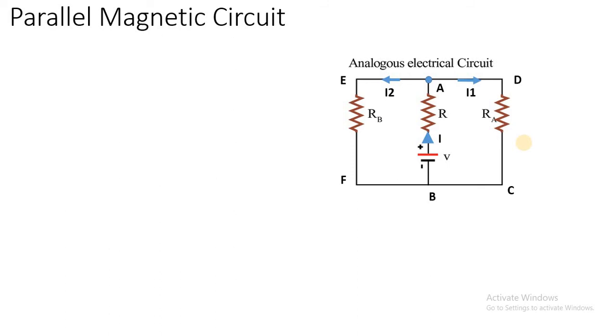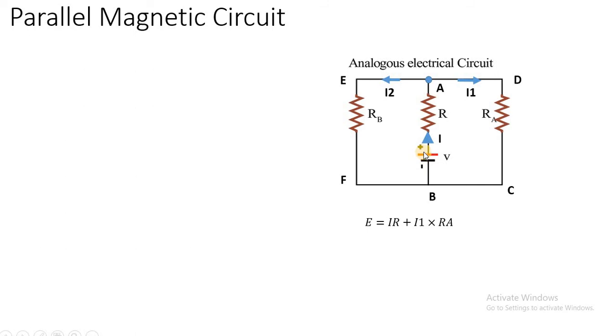I2 into RB is equal to... yes, ma'am. I1 into RA. Okay. Yes, ma'am. Now, I2 into RB is the voltage across the EF branch. I1 into RA is the voltage across the DC branch. Okay. Now in this particular circuit, can I say the EMF